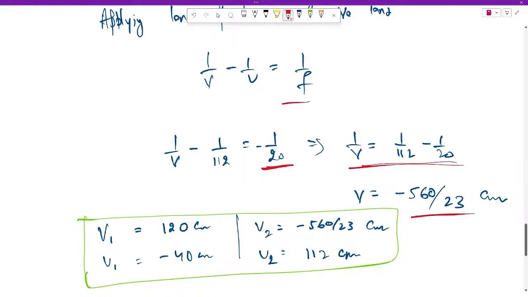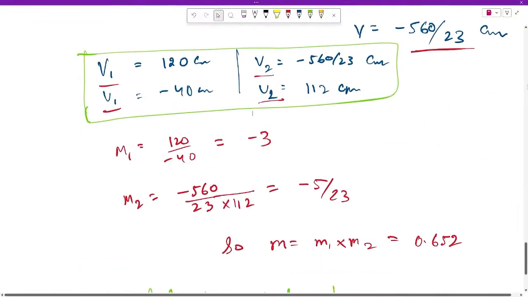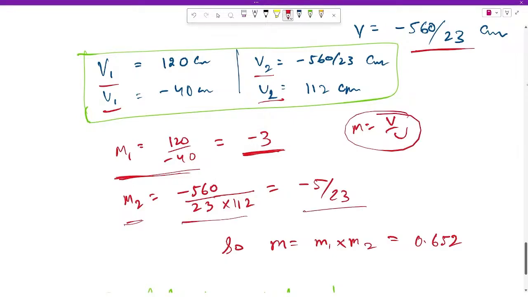So we have got the values of v1 and u1, and v2 and u2. Now we can find out the magnification of each lens independently, and then we can find the product of magnifications so that we can get the net magnification. So magnification for the convex lens would be m1 equals 120 by minus 40, as m is equal to v upon u. So we can divide it and get the magnification by the first lens as minus 3, and for the second lens similarly we will substitute the values in that formula, and we will get the value of minus 5 by 23. Now net magnification will be equal to the product of these two independent magnifications, and that will be equal to